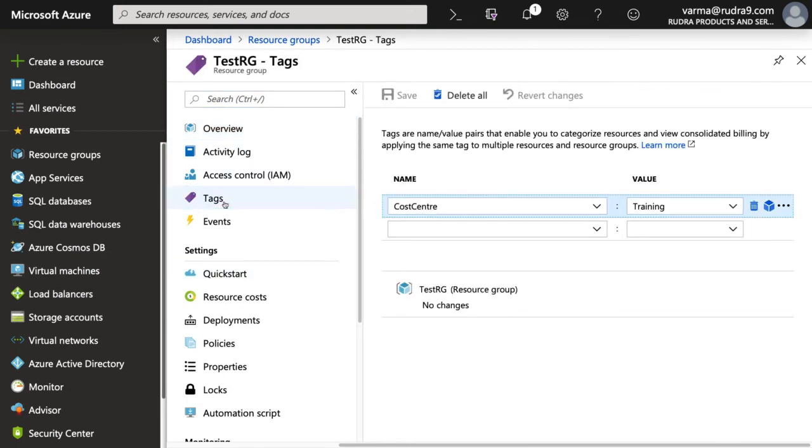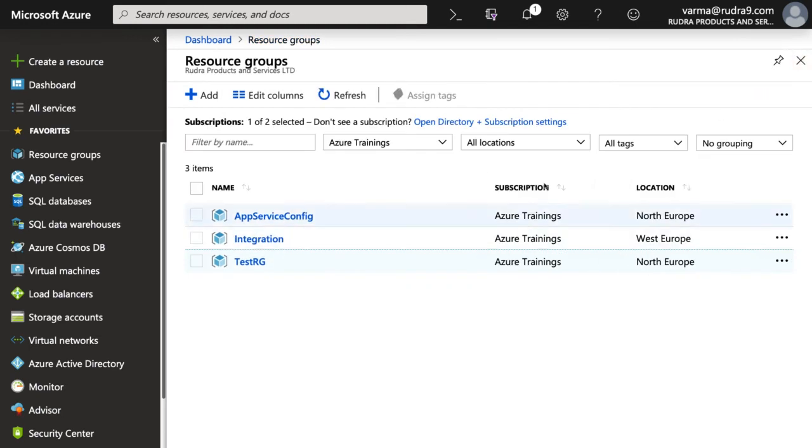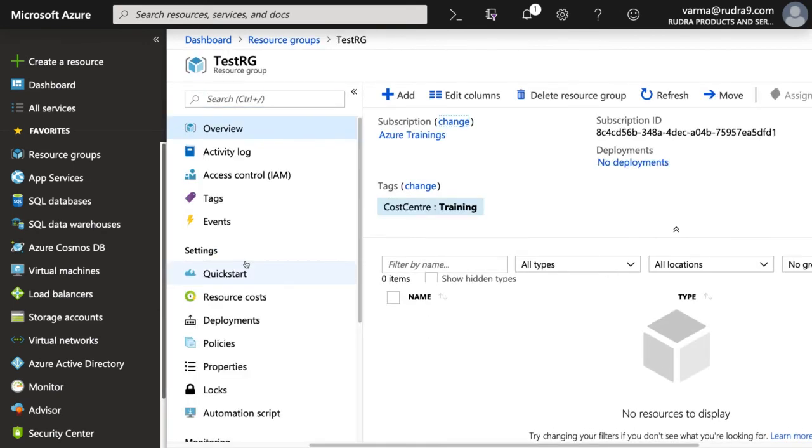Tags, cost center, training. Okay, I just searched for training but not cost center. You should see ideally, maybe it is taking more time or don't know. Ideally, you should be able to see here tags. I don't know why exactly that is not being displayed, because I just added tag here. Anyway, give it a minute.